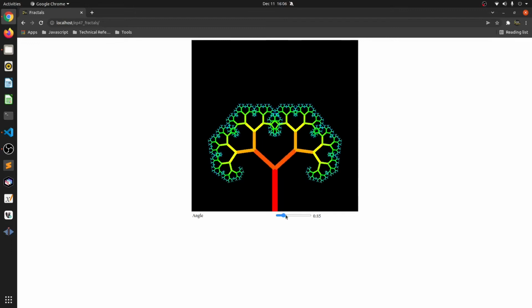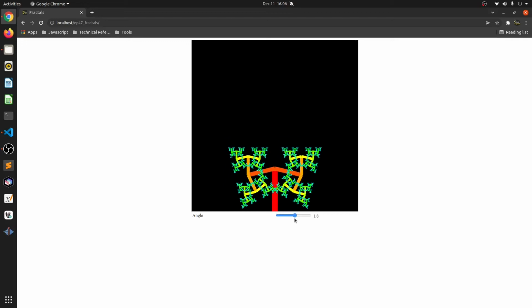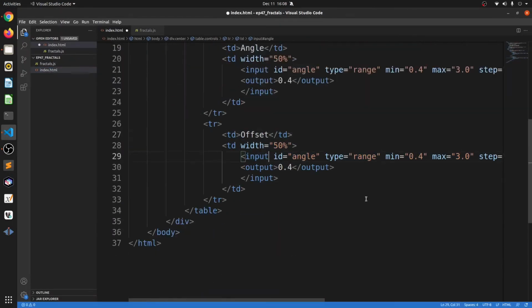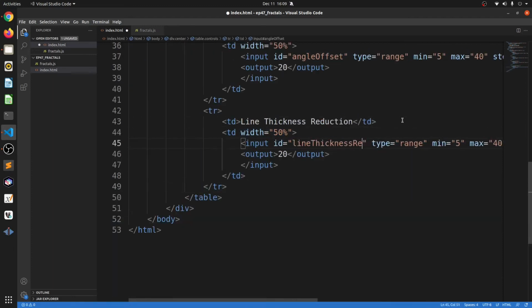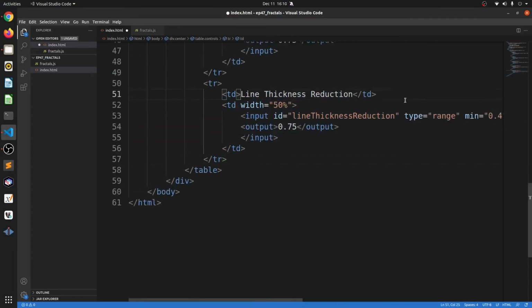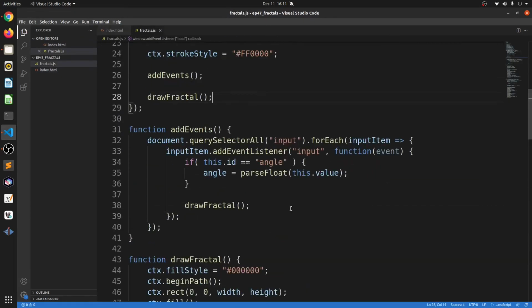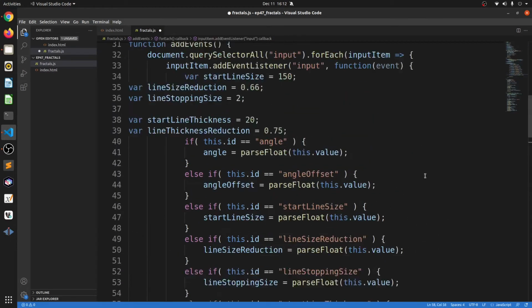If I now move the slider over here, you can see that the angle of the fractal also changes. It is now more dynamic and is tied to the slider. Now let's add the remaining sliders which control all of the aspects of this fractal generation and see how that goes. All I have to do now is add the controls and the events for the rest of the variables that can be adjusted. Each control, of course, will have its own minimum, maximum, and step values. We'll speed through this section because this is exactly the same way we added the angle slider and its events.